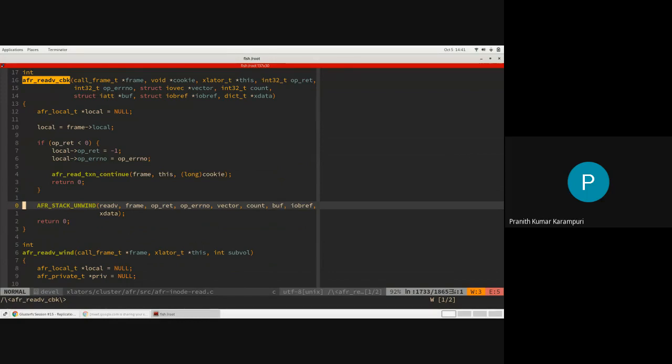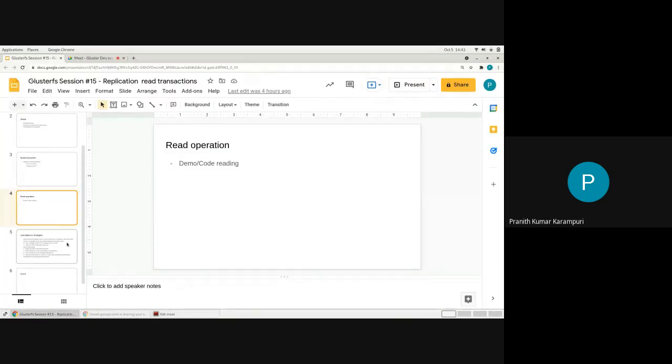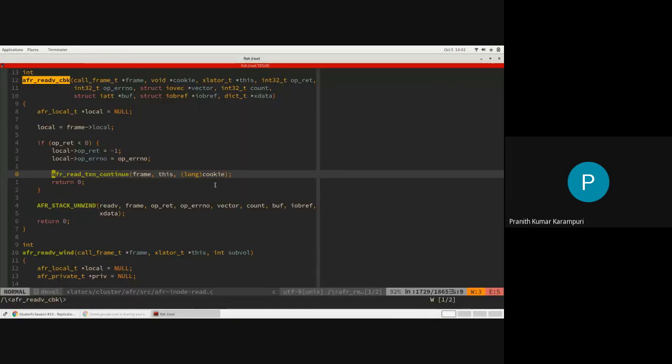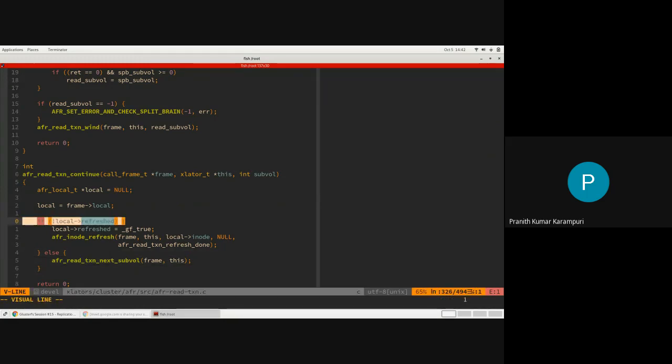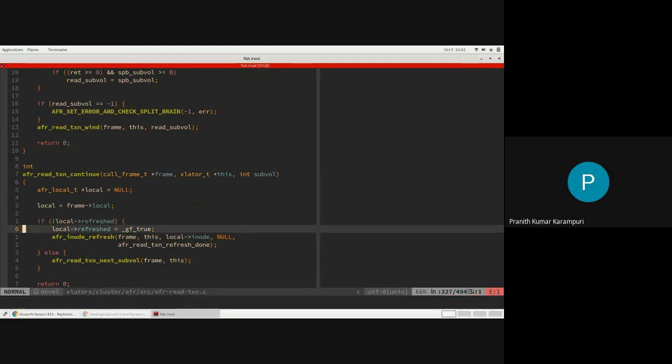If it is not successful, then is what we were saying about the handling of failures. You again call into the transaction framework. It will check if the refresh already happened in the flow that we are following. If it did not happen, it will do the refresh again.